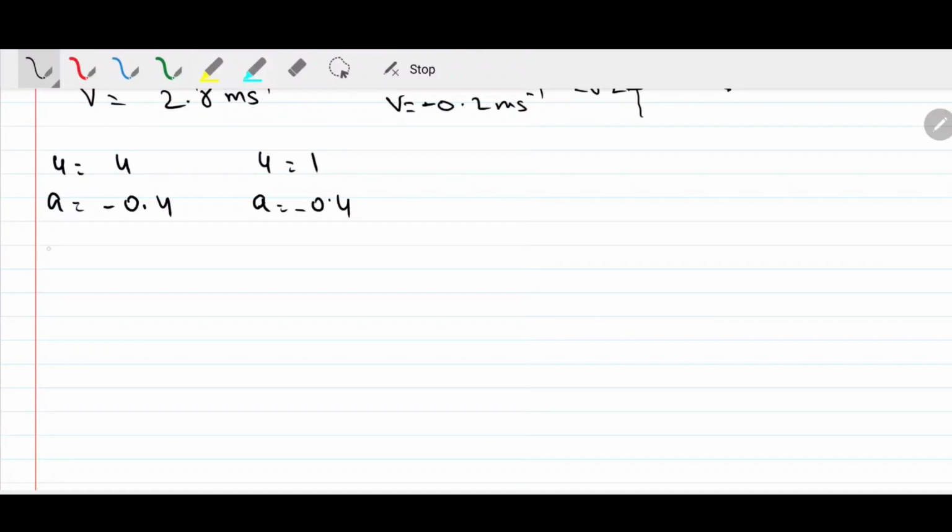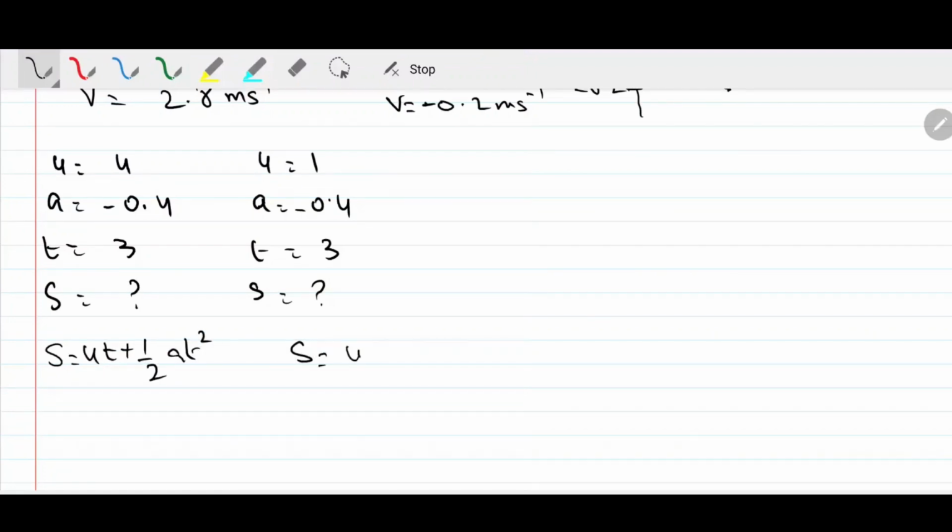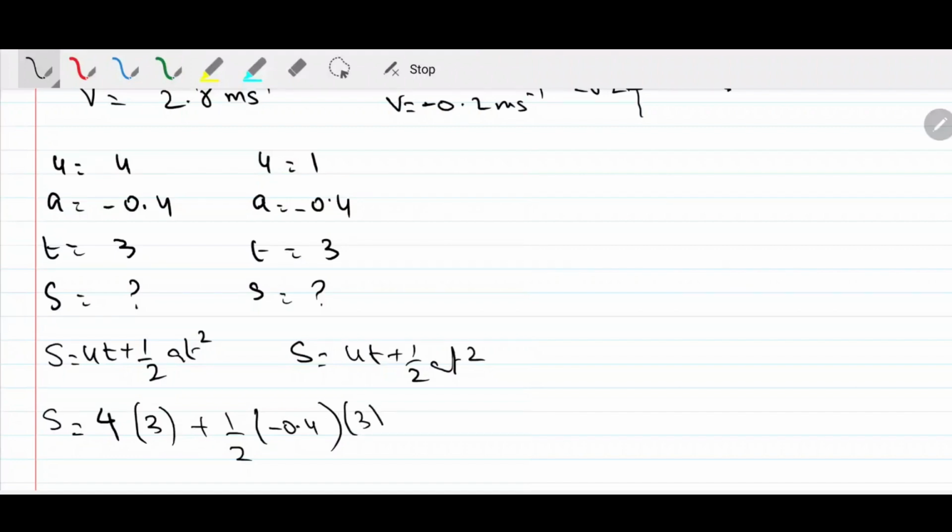We have time as 3 and we need to find S in both cases. S is equal to ut plus half at squared in both cases. S is u, that is 4, t, that is 3, plus half into minus 0.4 into 3 squared,